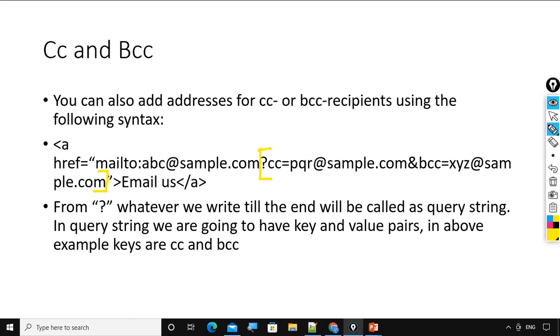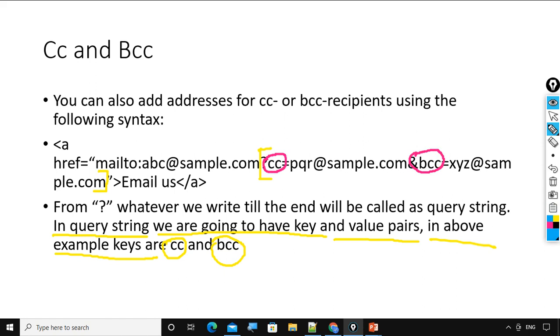Okay, query string has key and value pairs. What will a query string have? See here, observe. In a query string, we are going to have key and value pairs. Okay, in the above example, keys are CC and BCC. Observe here, this is the CC key, this is the BCC key, and what is the value?